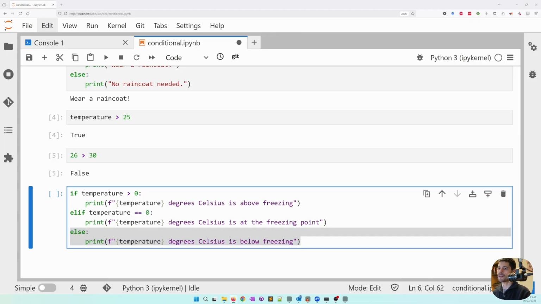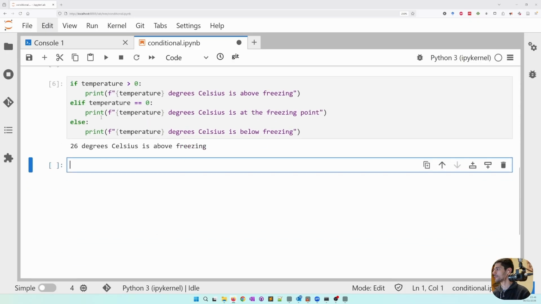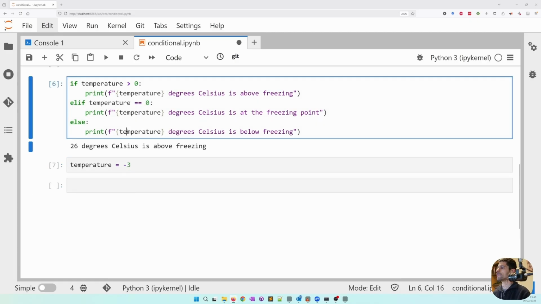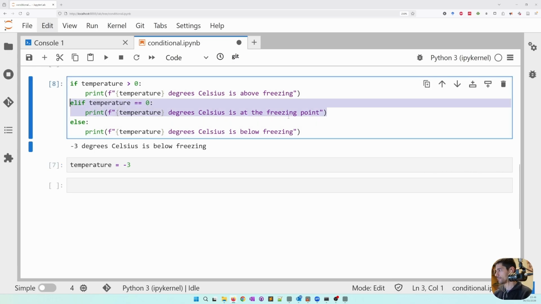So let's try this with temperature -3. Let's just run this. Well, it works with the temperature that we had already. 26 degrees is above freezing, of course. If we change the temperature to -3 and rerun this cell, then things are a bit different, because -3 degrees Celsius is below freezing. So if I add another elif,